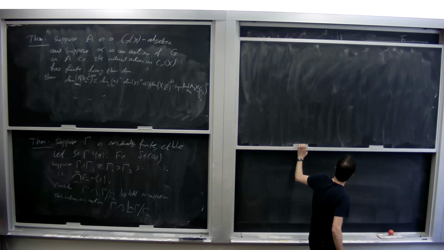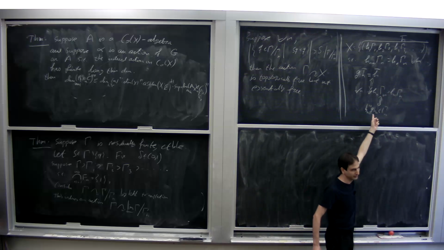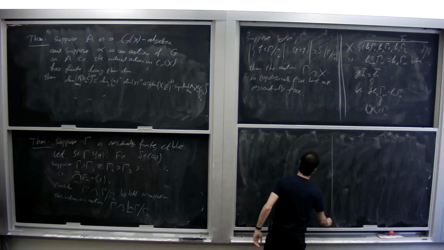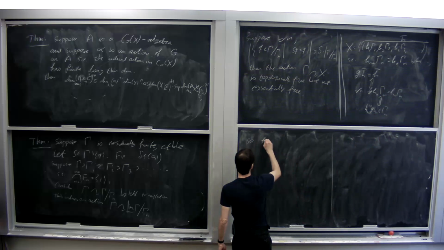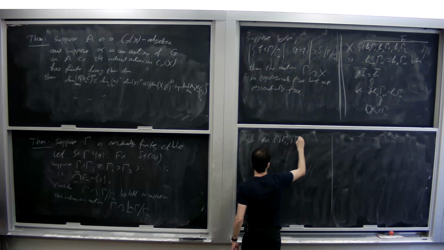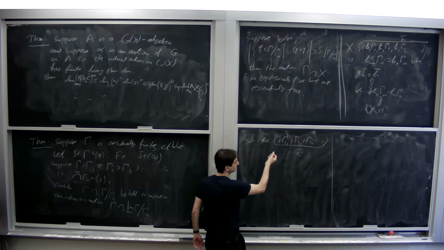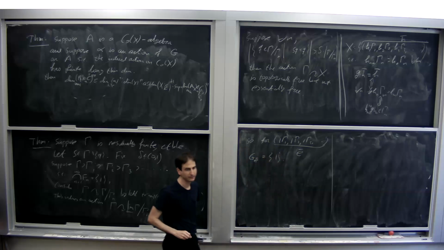But in particular, if you have any element in the center of the group, for example the trivial element, then nothing is going to fix it aside from the trivial element. So the stabilizer for the trivial element, let's call it E bar, is trivial. The stabilizer is just trivial.